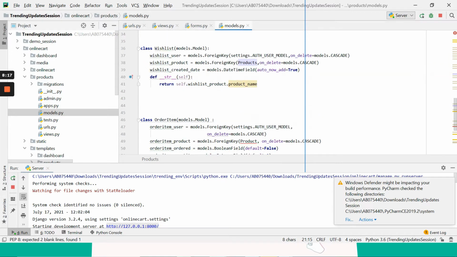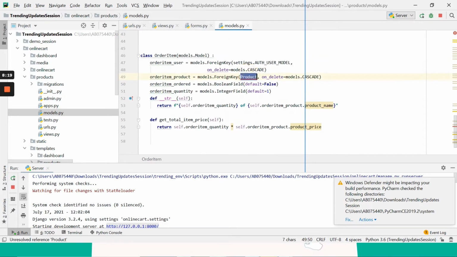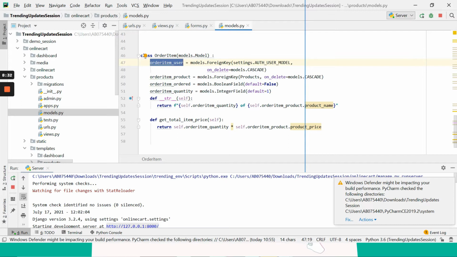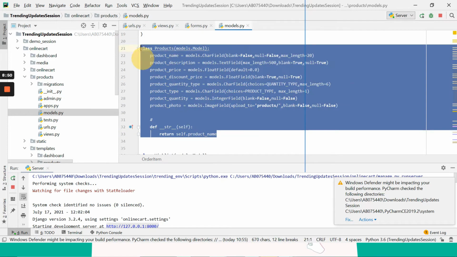Okay, we have the products model, so we are going to use it like this, and we are going to store the foreign key for the same. Suppose you store a cabbage, it will take the username, and then the cabbage as a product. It will store the entire cabbage item, not only the product name, but the whole product with these details: product name, description, the entire thing will come over here.